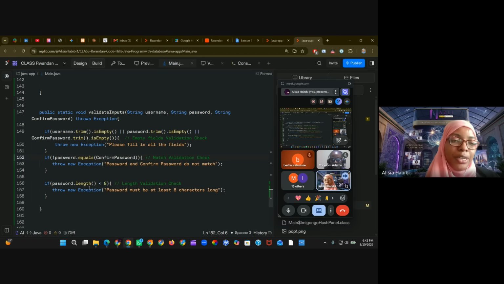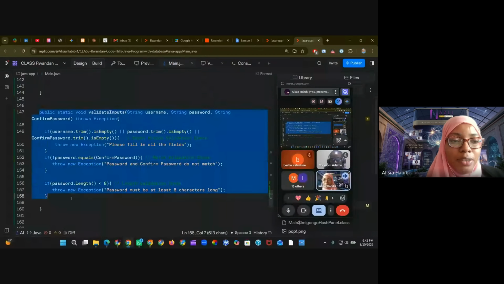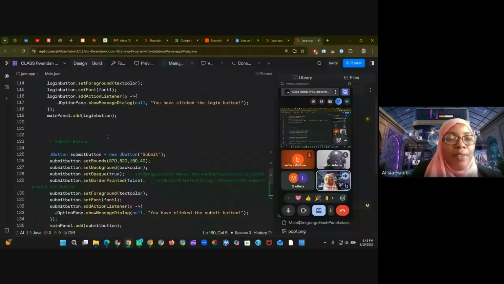Okay, so that's pretty much it. So this is all for this method. That's pretty much it for how to validate inputs for the password. This is all you have to have. Now you have to go back up